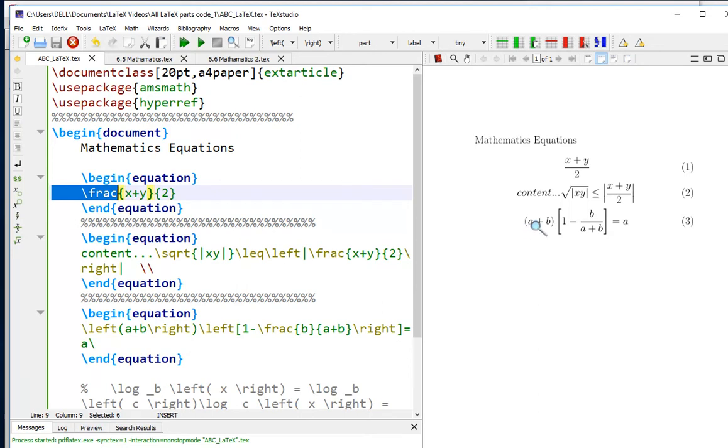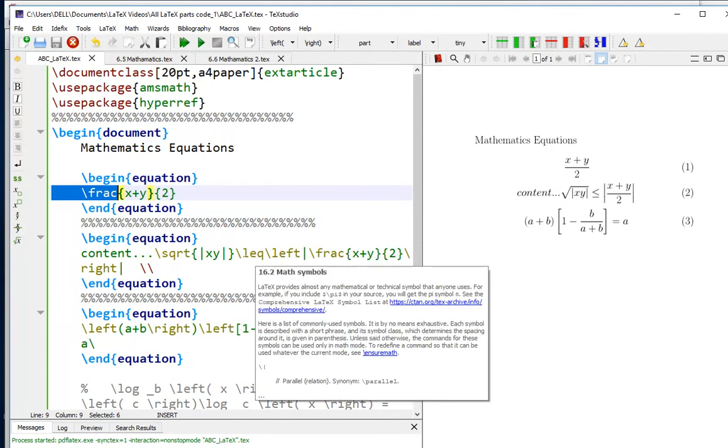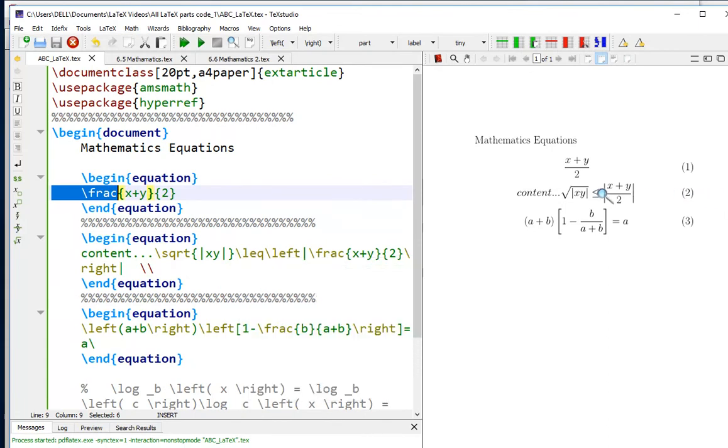Now the second equation, you can see, contains a backslash sqrt, and within the curly brace is the modulus of x plus y. So this is a curly brace, and here it is considered with the notation less than or equal to. Since we have not used a fraction, even if it is in a curly brace, it will follow the same row.